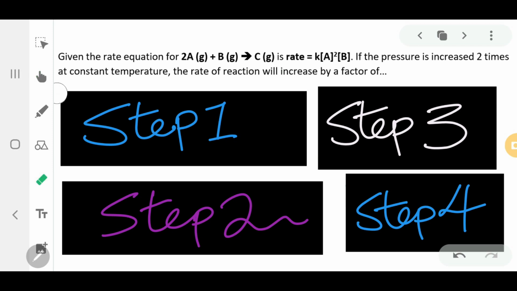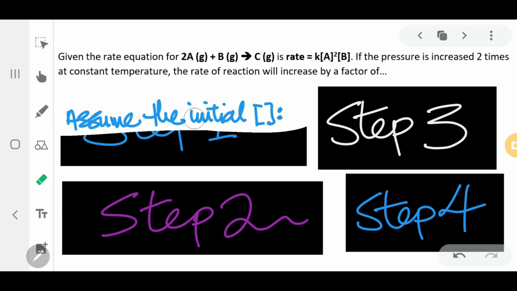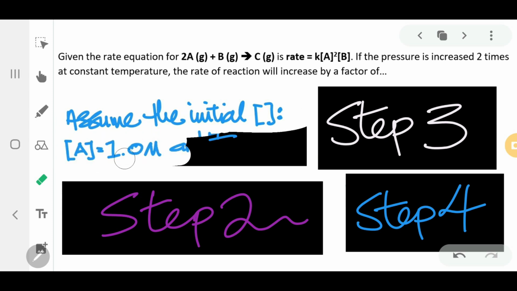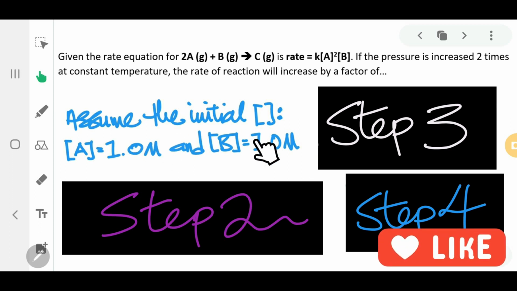So step number 1, what you need to do is to assume initial concentration first. Again, we're always going to use 1 molar. So that is the initial concentration. You can assume by using different numbers, that's totally fine, but I like to use 1 because in this case, it is the easiest to work with. So step number 2,